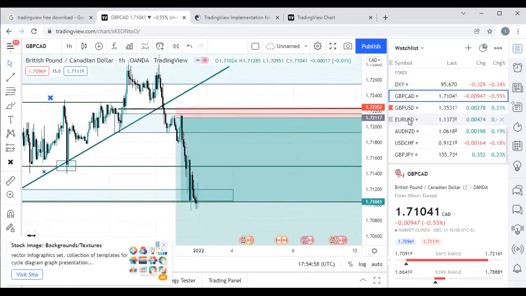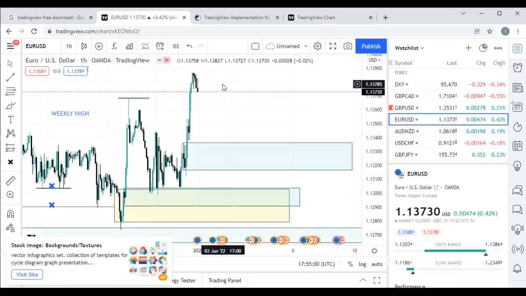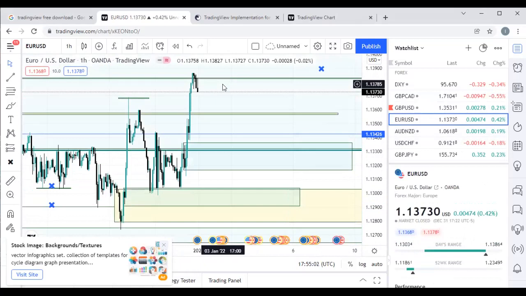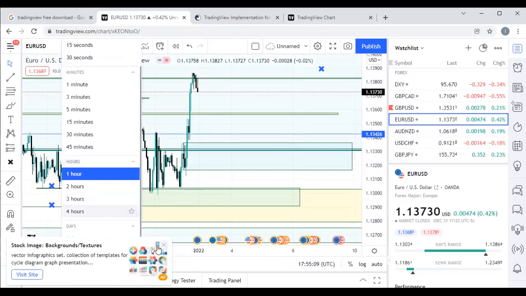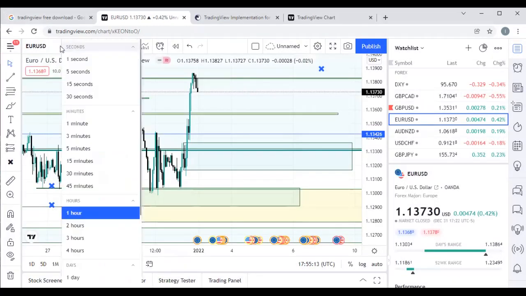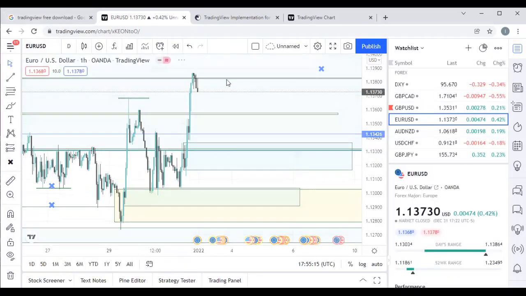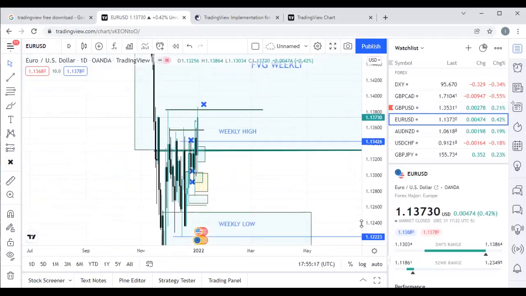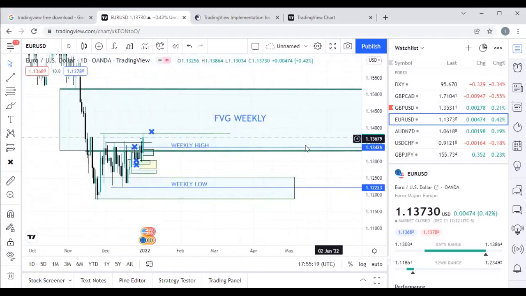So I'm actually going to just talk about EURUSD, the trade that I took, and what I saw in the market before I took the trade, right? So let's go to our daily, right? If you look at the chart very closely, let's go to our daily. Okay, no, before we go to our daily,